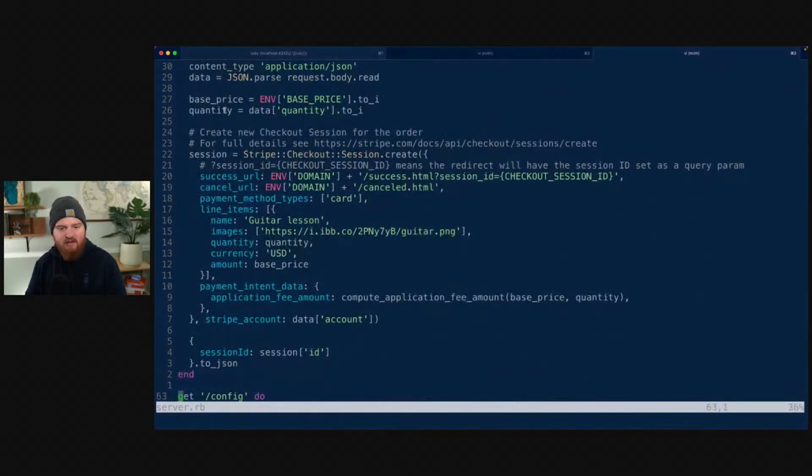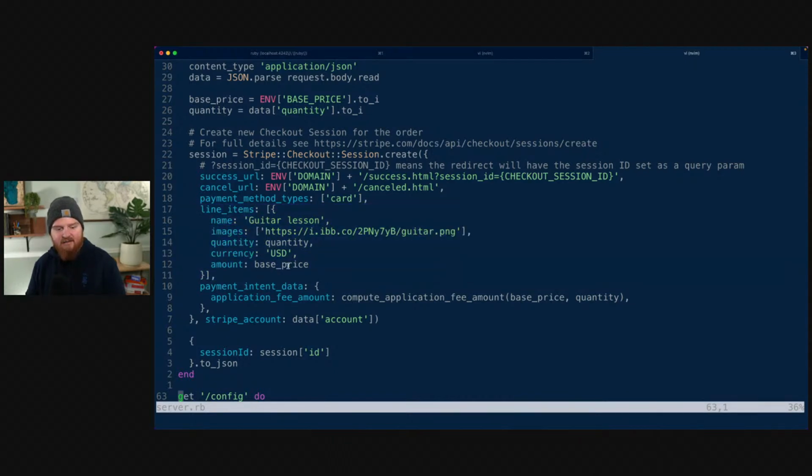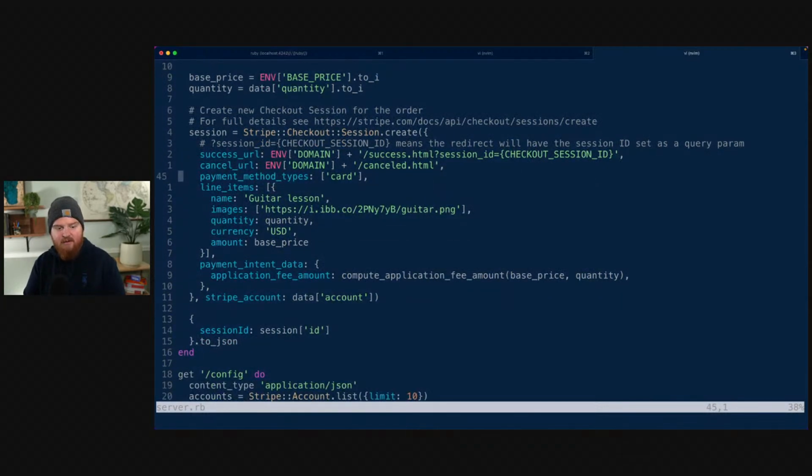Then we're taking the quantity that was passed in from the front end and that base price, and building these custom line items from scratch, passing in an amount that's actually a little bit old, legacy I would say. Then we're passing in a quantity, and we actually do have this nice image of a guitar. Then we're coming back to success or cancel. But here we have payment method types, and payment method types is old. We don't want to have payment method types anymore, because when we are explicitly passing in payment method types,